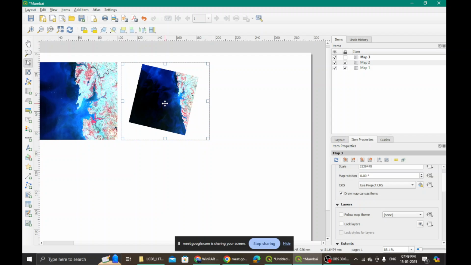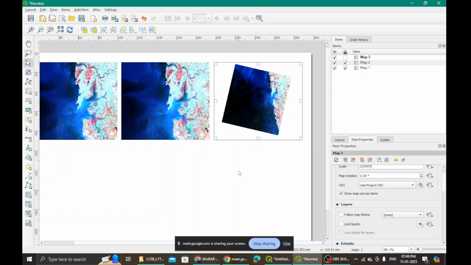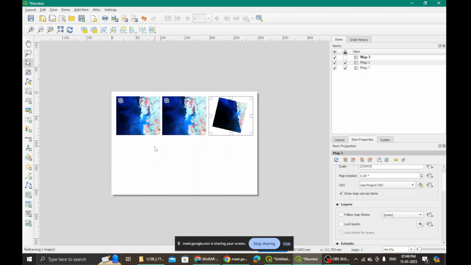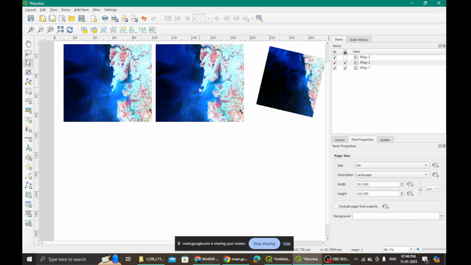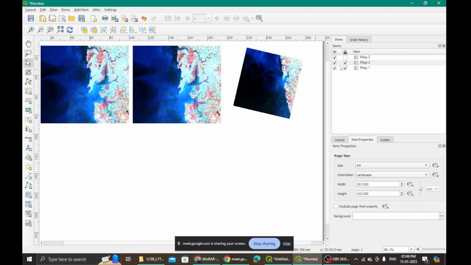So then next what do I do? I hold it and bring it aside such that now I have separated it from the previous one, right? And I keep it at some distance such that it can be changed. What has happened here? All of them have changed. Give me a second. Map one.